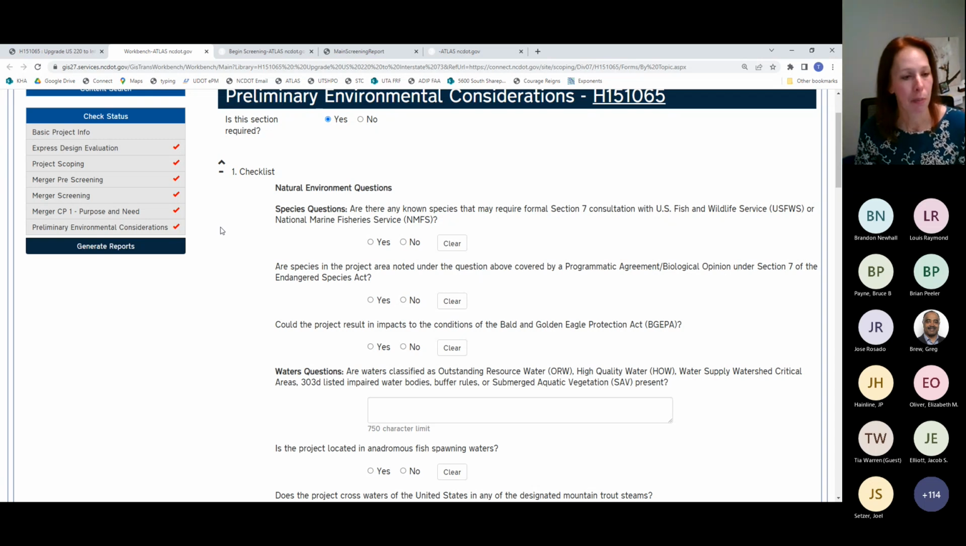Now, this had been a separate Word document. We've just now recently got it up onto the Atlas Workbench, and so the guidance document that you'll be receiving is going to refer to responding here instead of using the previous format. And when you respond to these questions,